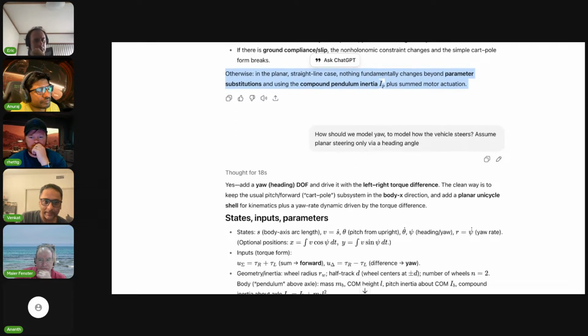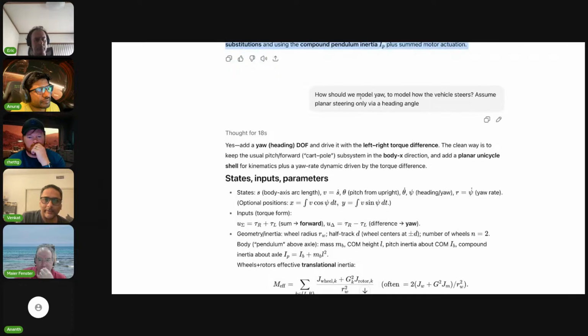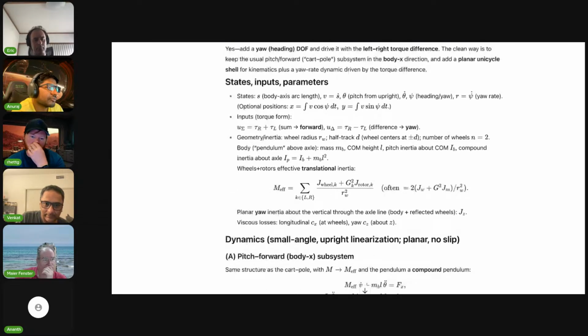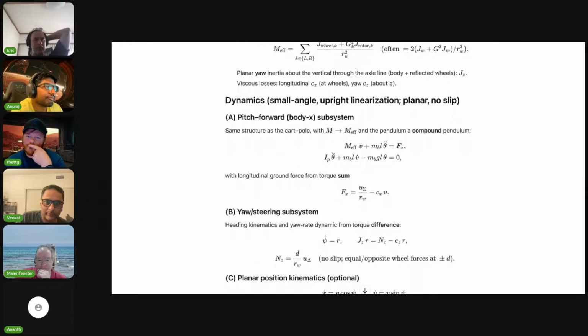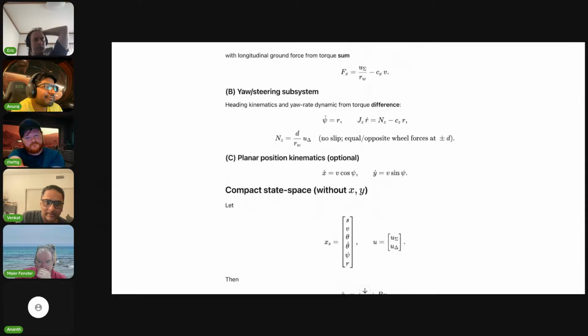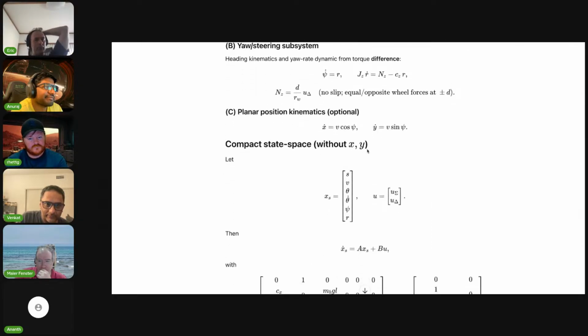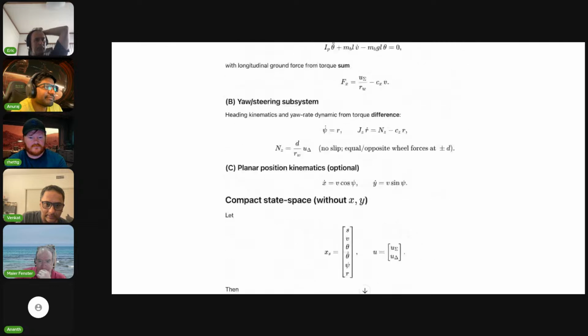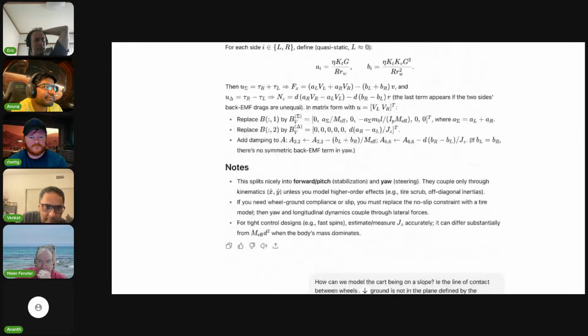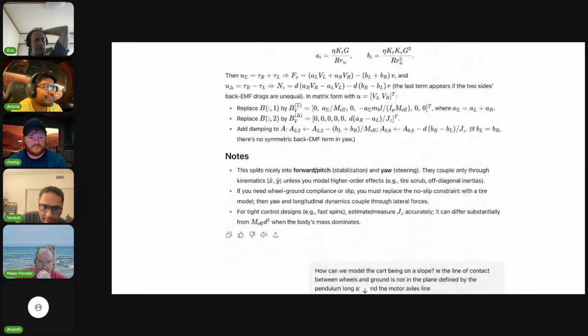Okay, now let's start making it more realistic. I asked it, how should we model yaw? This is the steering control variable when you're steering it, okay? So I'm telling it, assume it only steers via heading angle, which is basically what the tumbler does. It did the math: small angle, upright linearization, no slip. And yeah, this is getting into stuff I haven't personally done, but the terminology it came up with is, okay,